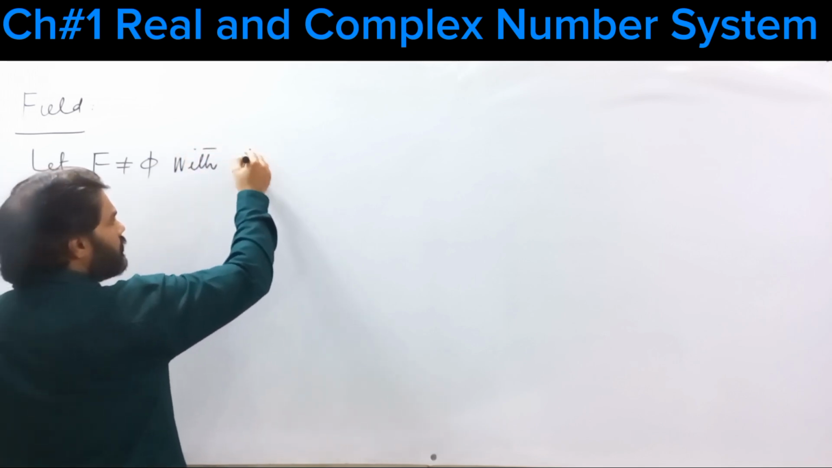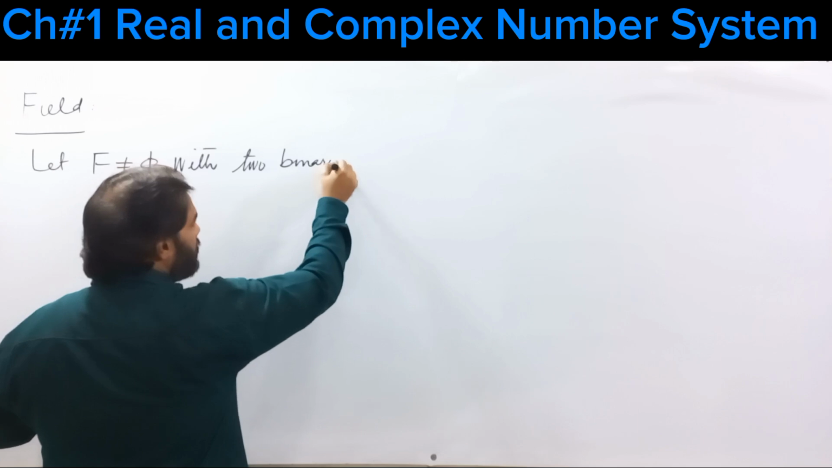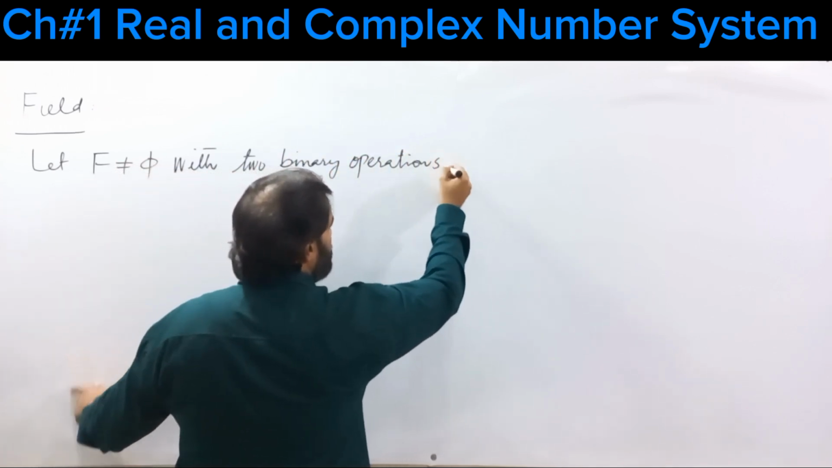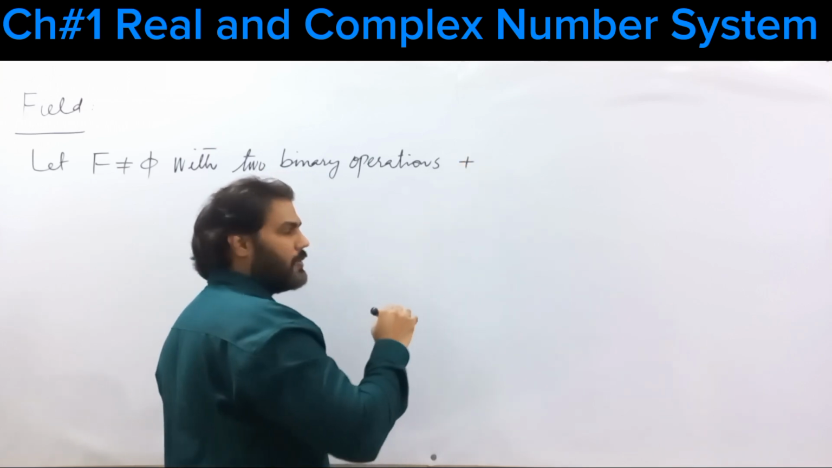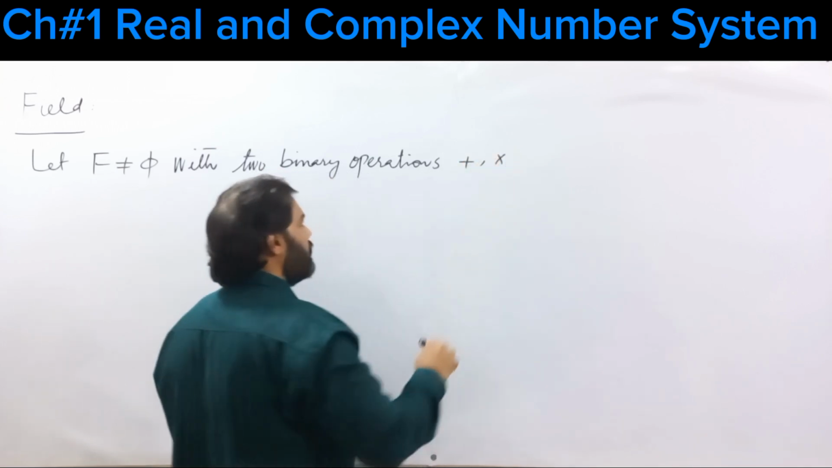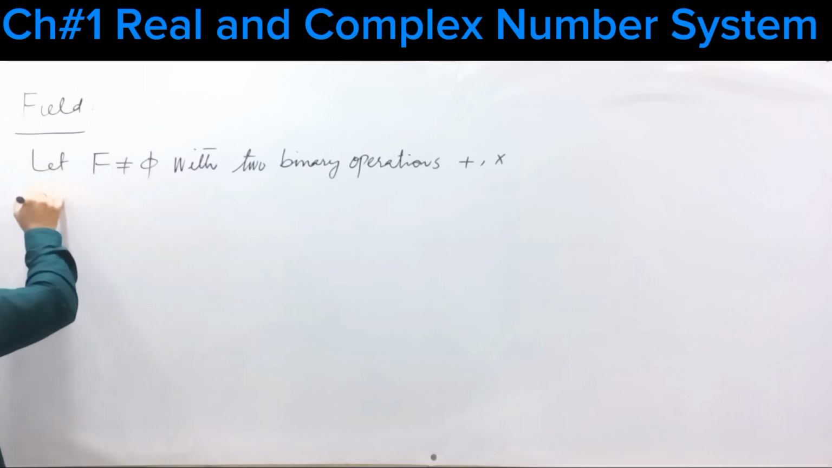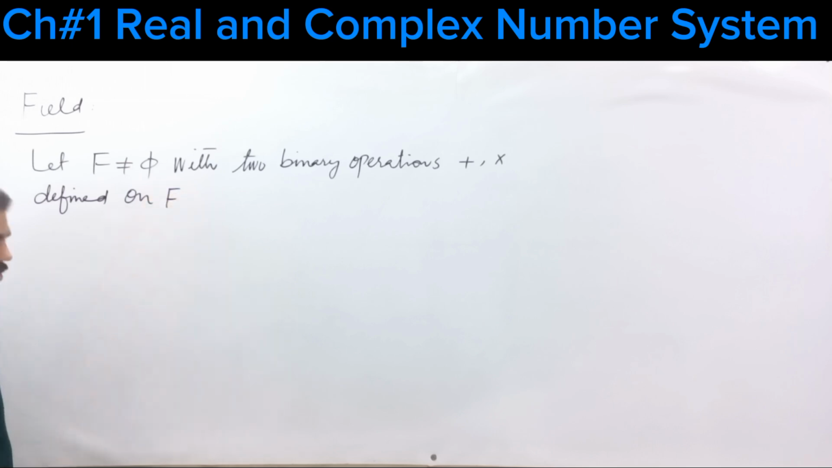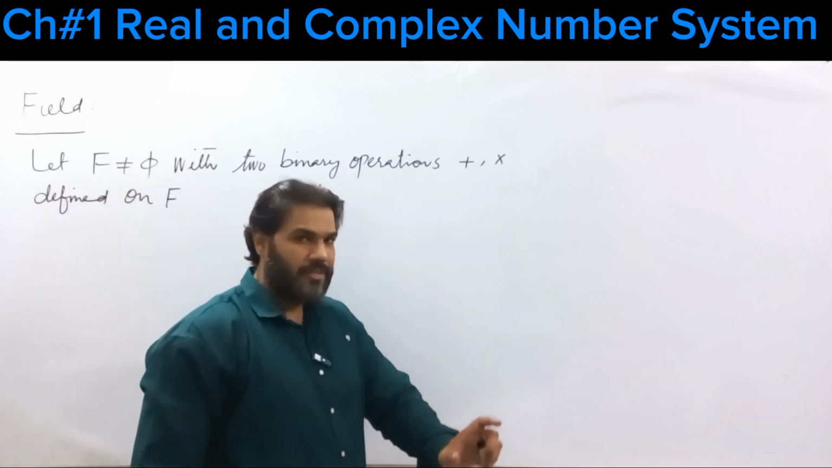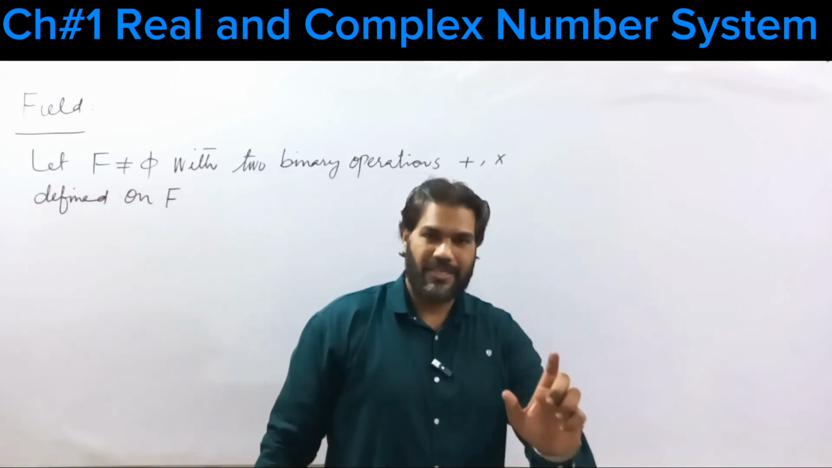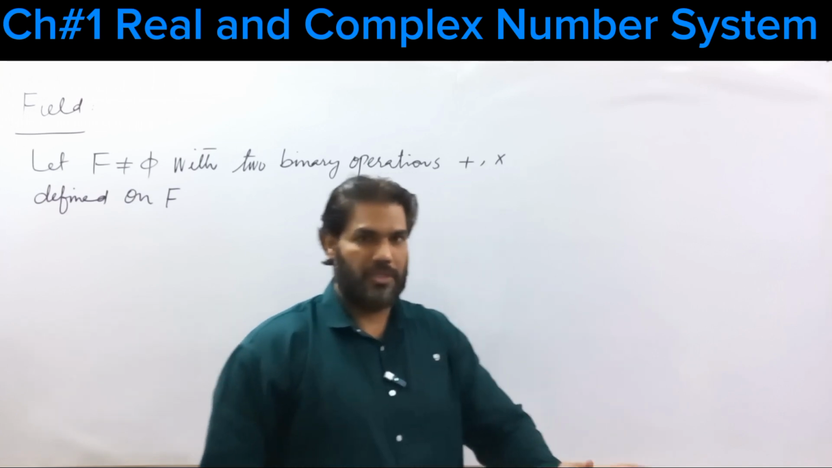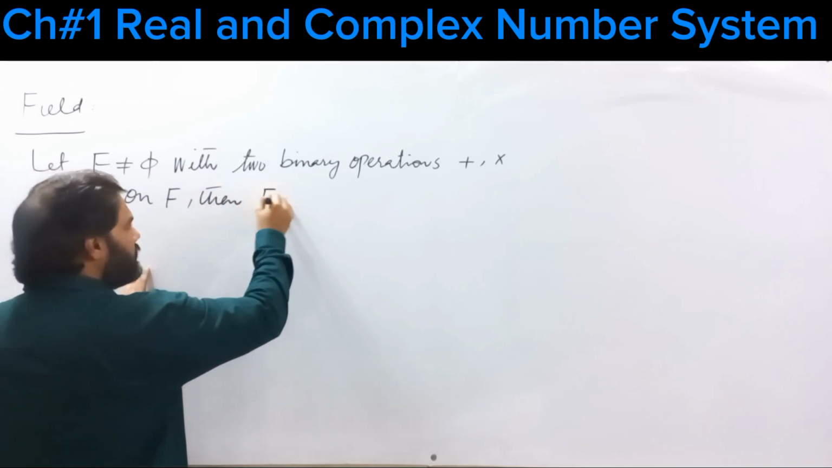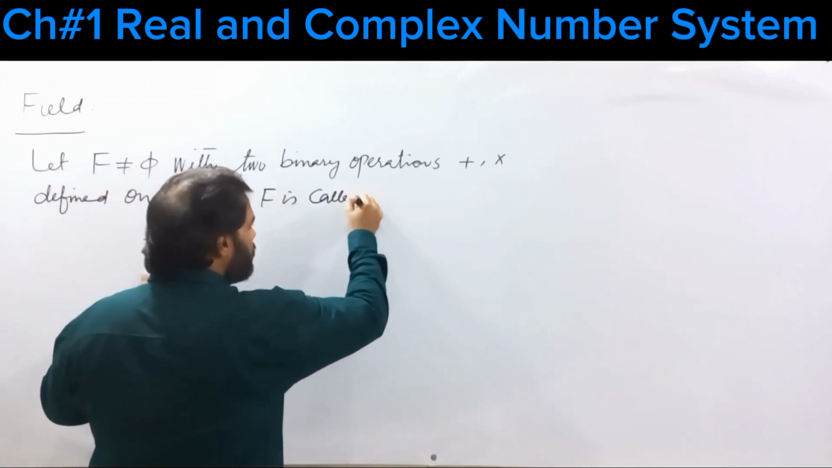two binary operations, let us say the binary operations are plus and multiplication, defined on F. Suppose F is a non-empty set, and there are two binary operations, plus and multiplication, that are defined on the elements of F. Then F is called a field